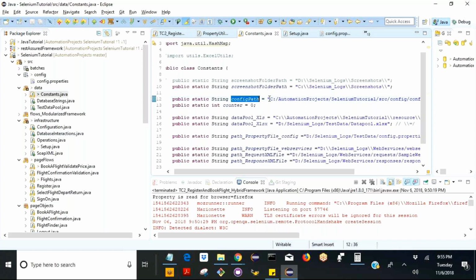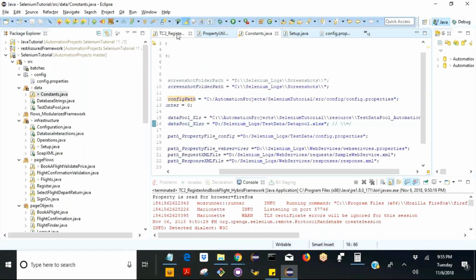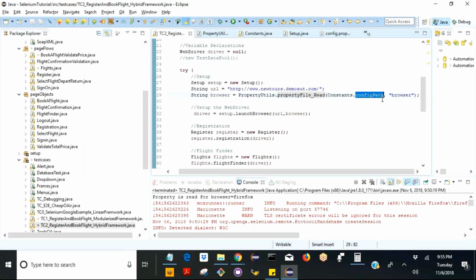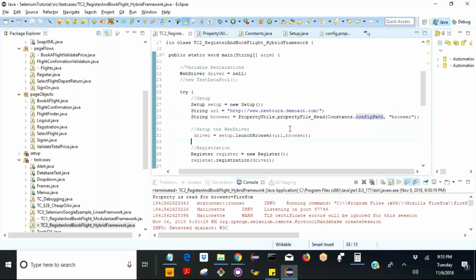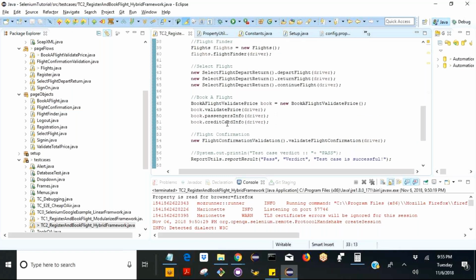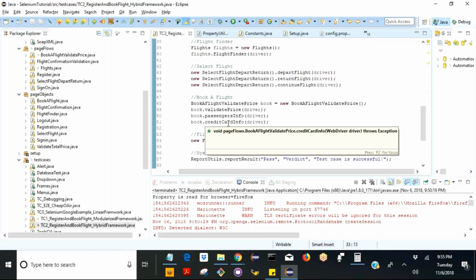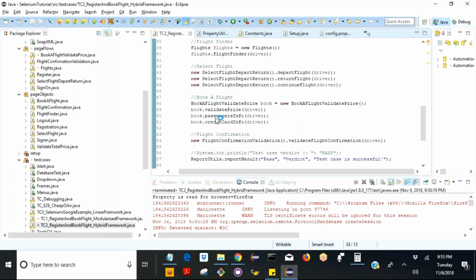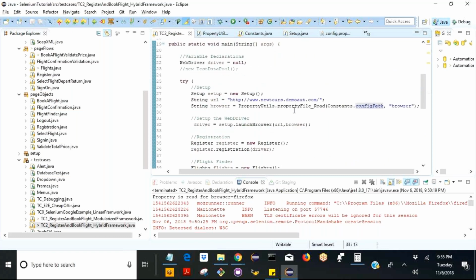Okay, so I could have directly hard coded this in here, right? Config, which would look awkward, a very big, lengthy property. I mean path. So instead, I created that in the constants, which is more appropriate and looks neater, and readability is good. So these are things you have to keep in mind while doing this. So today we have seen the data driving with the Excel spreadsheet, and we have seen the Firefox configuration for